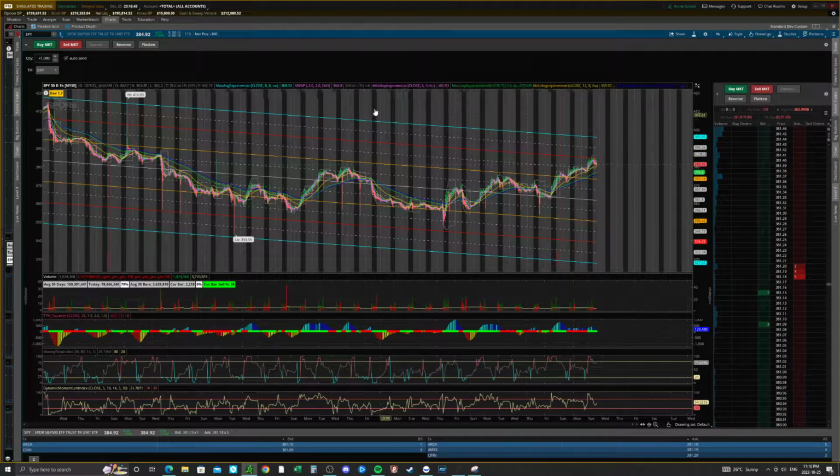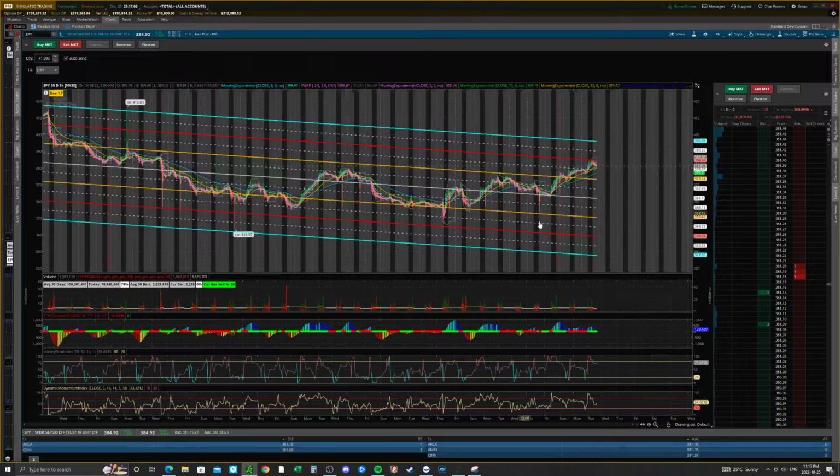So we're looking at these standard deviation lines. You can see these dotted lines, right? The blue dotted lines, and then red, and then yellow, white, yellow, red, blue. So we're looking at this custom standard deviation tool. So basically what this is going to allow you to do, or at least how you want to use it, is you are looking to either buy or go short below these